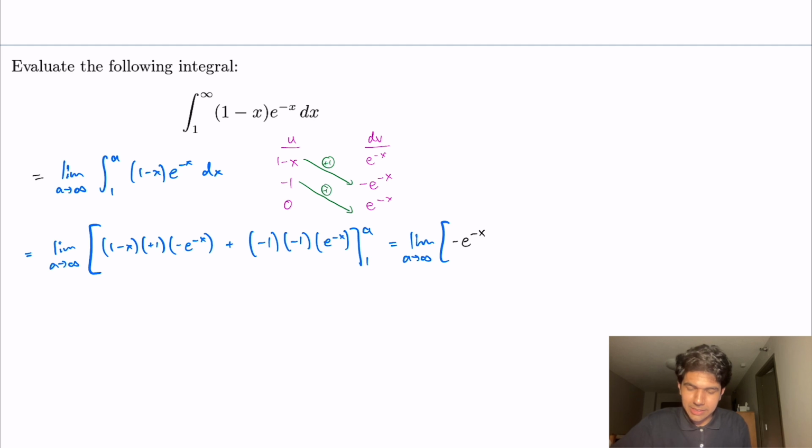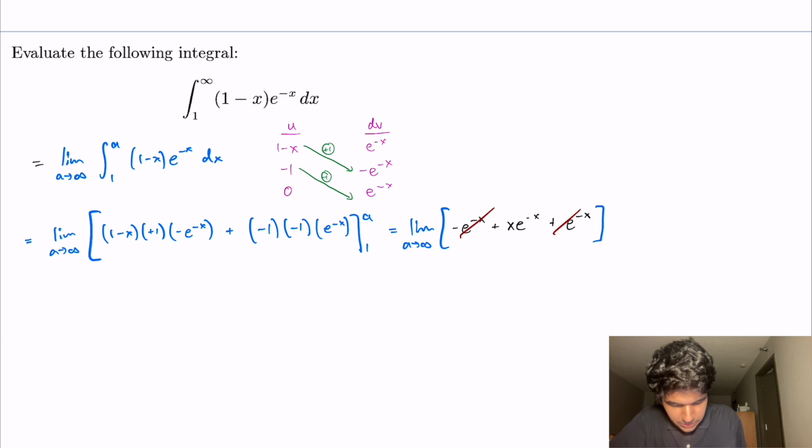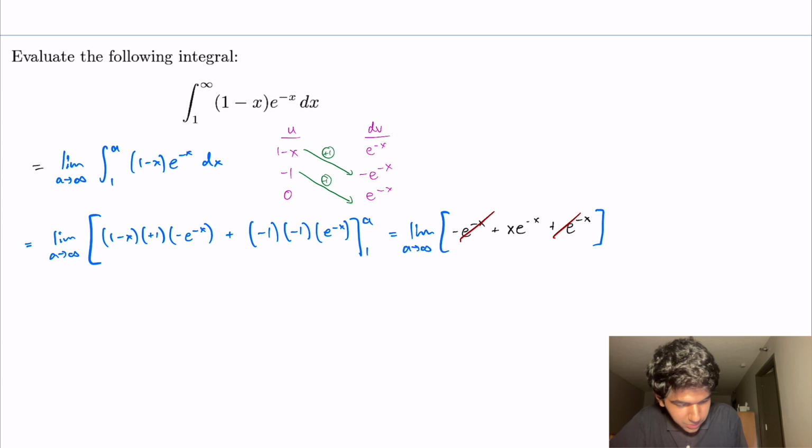Negative e to the negative x times negative x would be positive x e to the negative x. Then we add to that negative 1 times e to the negative x, which is just negative e to the negative x. We see that the first and third terms will cancel. So we're simply left with, and don't forget our limits going from a down to 1,